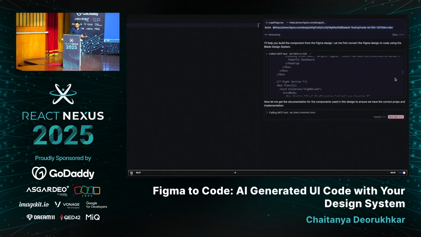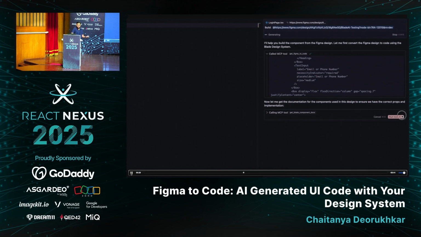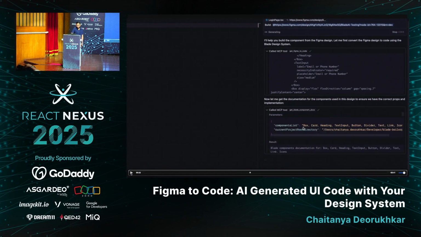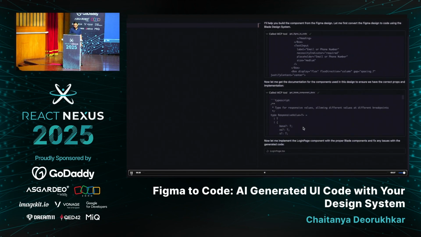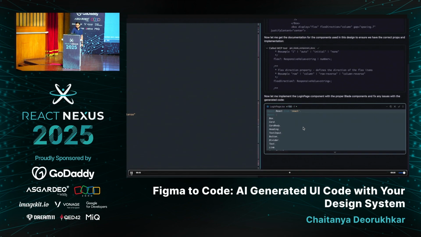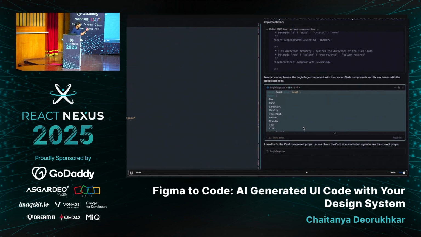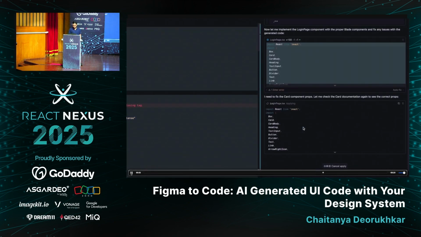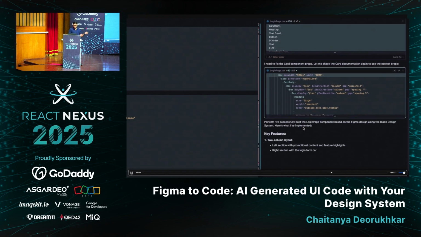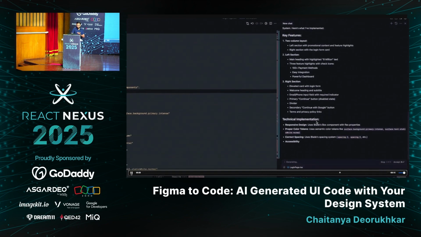So even though it actually has the code to the UI, Cursor realized that I need a little more information. So it made another tool call to get Blade component docs with all the components that it needs for more information. It's got the documentation back. Now it's trying to figure out where should I place this code. It figured out there is a loginpage.tsx file. It's trying to place the code there. Oops. It realized there is some error in the card component. Because it has the documentation, it's going to try and fix it. It has fixed it. It's put the code in the right place. It's let us know what it has done.